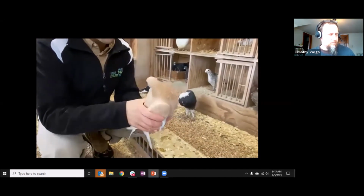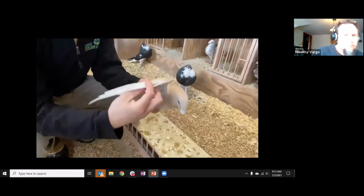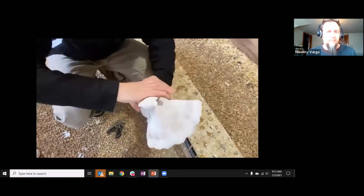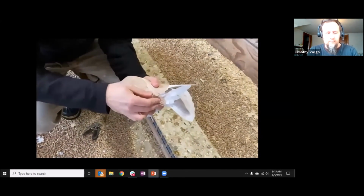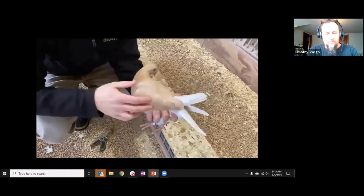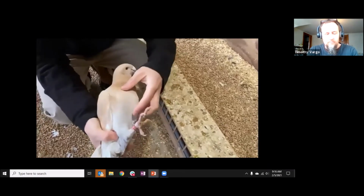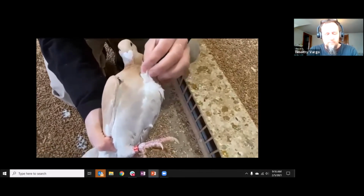And here we can see that birds have wings and feathers. They have 4 types of feathers. Here we can see the flight feathers located in the wings. They have the tail feathers that are like rotors. They help the bird find its way in the air, to steer one way or the other. They have the contour feathers, those feathers on the surface of the bird that protect them from the water, from the rain. And then underneath we have the down feathers that maintain the bird at a constant